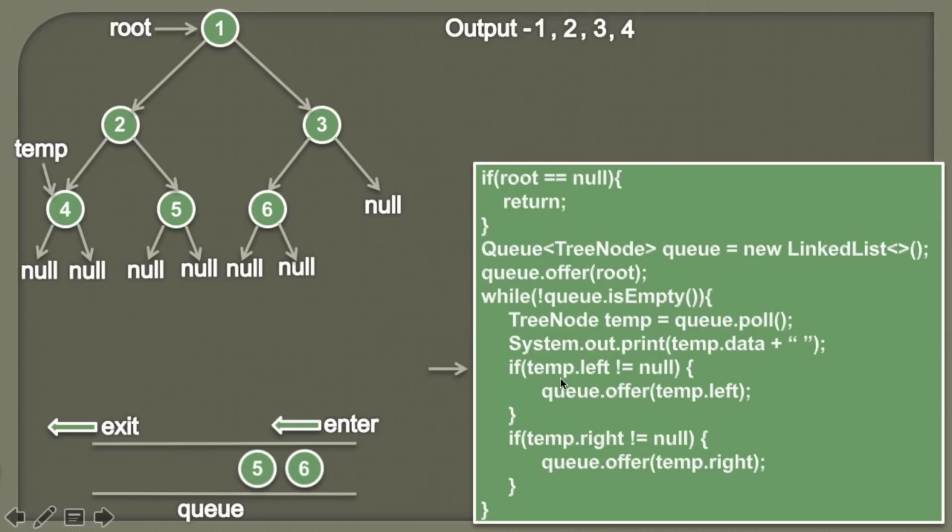And then we'll simply check whether temp.left is equal to null or not. So temp.left is equal to null, therefore the condition in if block comes out to be false. And we'll check whether temp.right is equal to null or not. So temp.right is also equal to null, therefore the condition in if block comes out to be false. And then again in while loop we'll check whether queue is empty or not. So currently queue has 2 nodes, therefore it's not empty. So the condition of while block comes out to be true. And in the first step we'll simply poll the first element from the queue, which is nothing but node 5, and we will assign it to the temporary node. So it would look something like this.